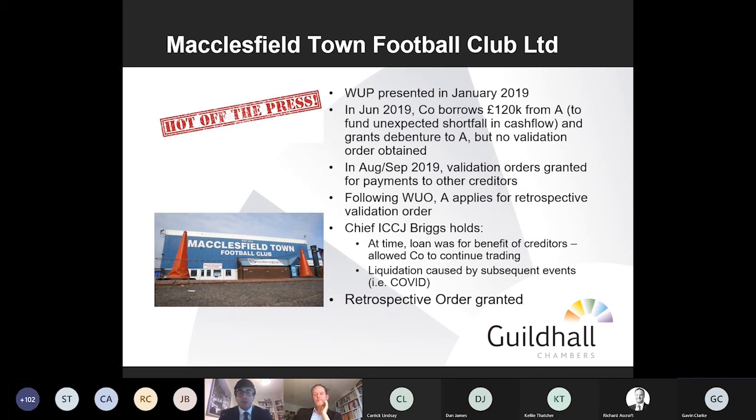We know, as a matter of fact, this would have been granted because we know that the company could demonstrate it was sufficiently solvent and or that it was appropriate for it to continue trading at that point in time. Yeah. But the interesting question, I think, remains to be seen when you compare it with the MKG case, and